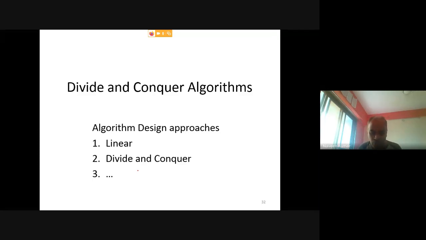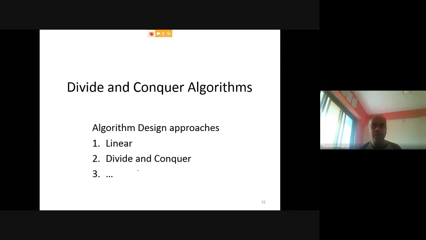Now we are moving to a new style of algorithm design that is called the divide and conquer approach of designing algorithms, right? There are many algorithm design approaches that we will see while moving in this algorithm course.